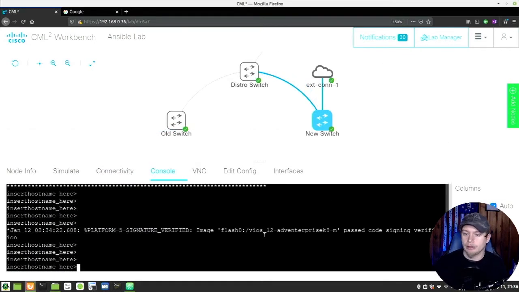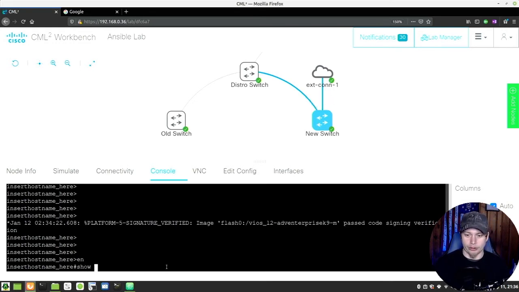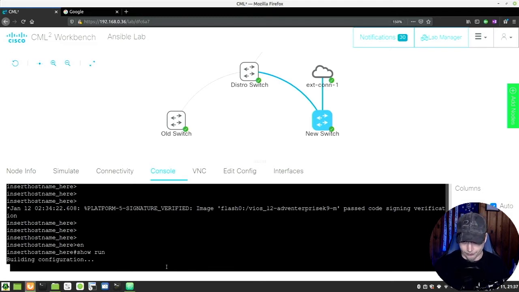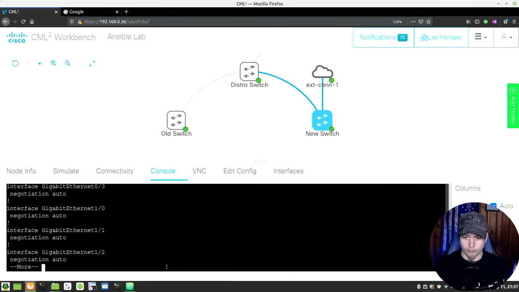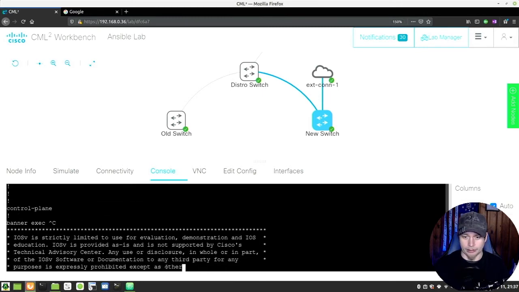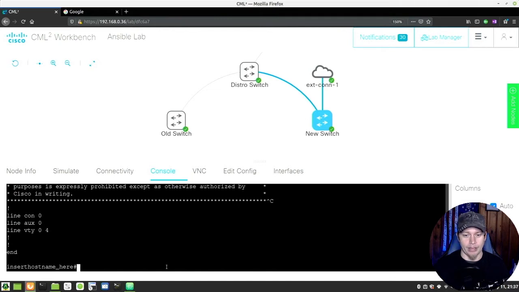Hey guys, so now you can see that the new switch is booted up. You might see the diagram changed a little bit. What I wanted to do is get an external connection into my network. That way it utilizes my local DHCP server to simulate a DHCP server that you would have on site. And then we obviously made the connection to the distribution switch so it would be able to connect to it once we do program it. So we're going to do a quick enable. We're going to do a quick show run so you can see that this is a blank slate. Everything is blank minus the default banners that come with the overall